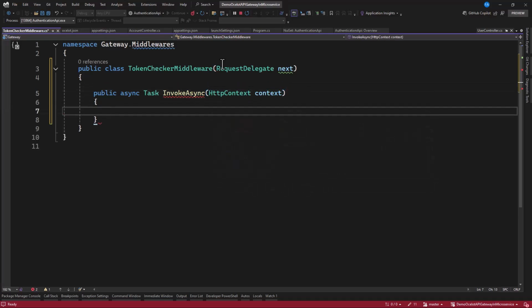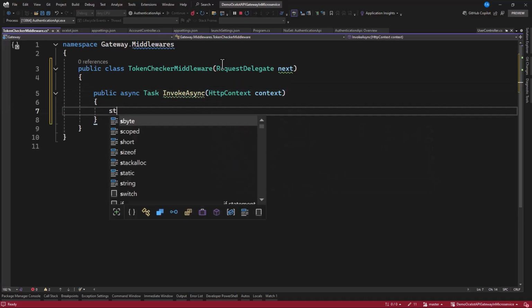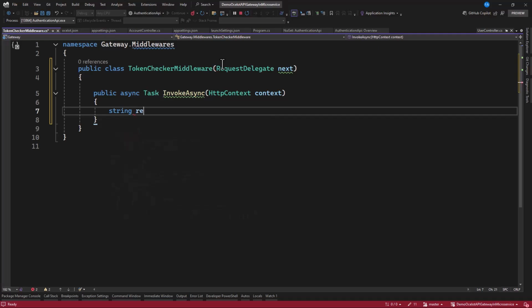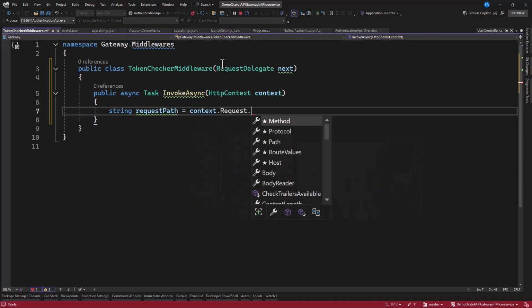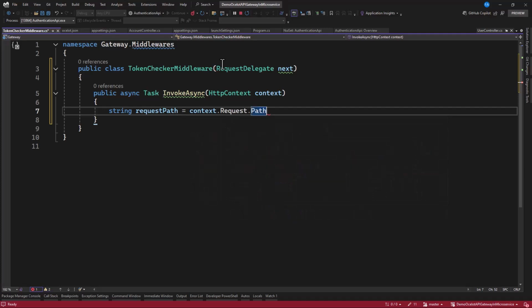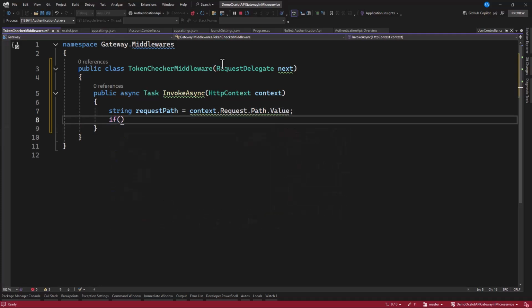Now in that, we want to get the path, so we say this is request path, and this is equal to what we can extract from context.Request.Path.Value. So we can get it from here. And now let's check. So we say that if request path, let's check for nullability.